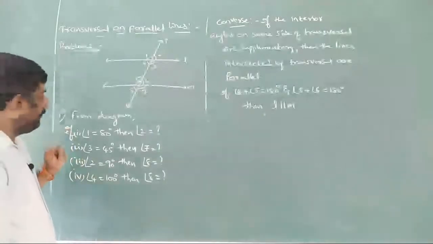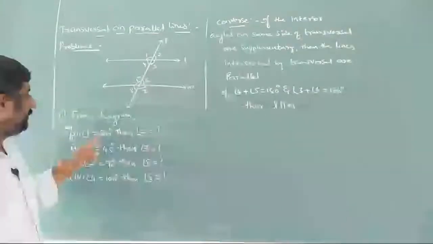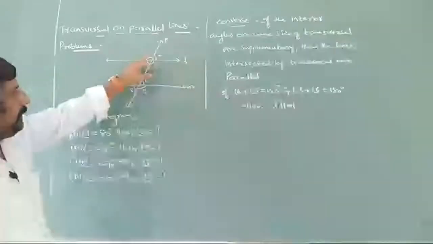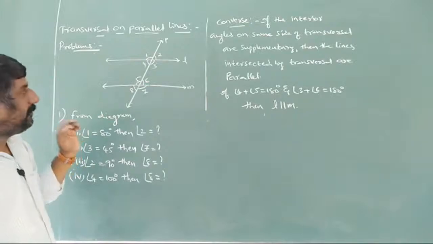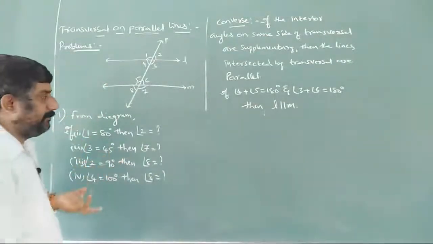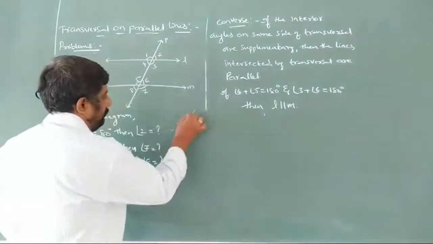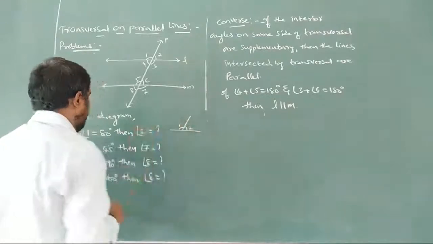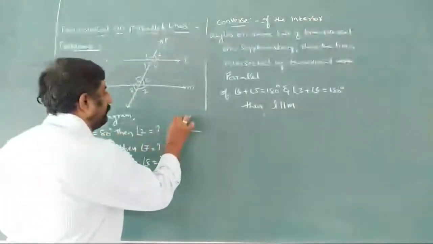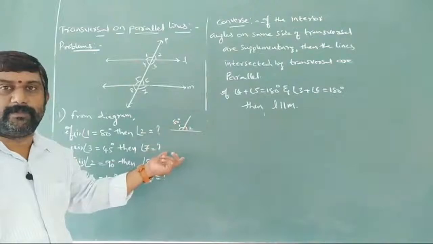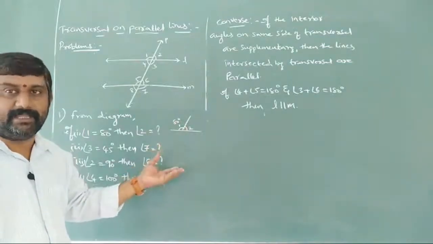Okay, let us see the first question here. If angle 1 is 80 degrees, then what about angle 2? Observe how these are 1 and 2. If you are observing these two, what are you observing, what are you remembering? Angle 1 is 80 degrees. Then what about angle 2? By the diagram, what can we say here, these two are forming what? These two are forming a linear pair.